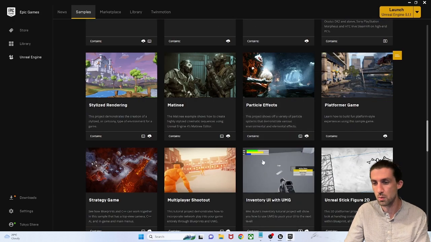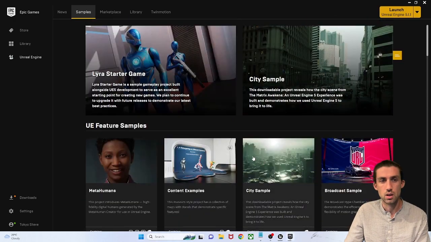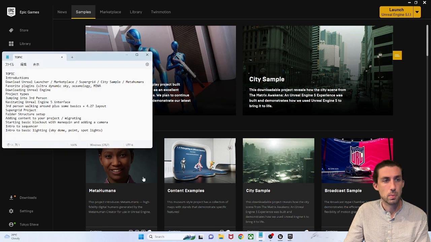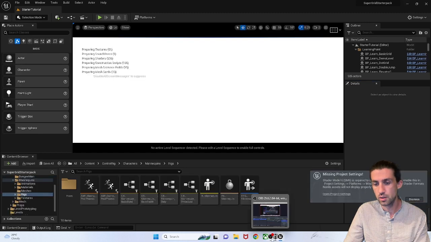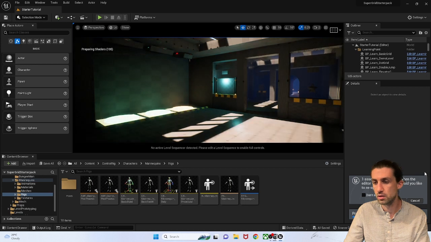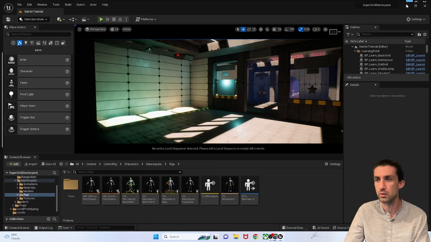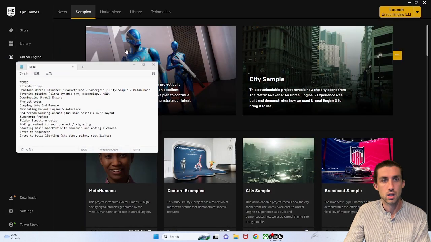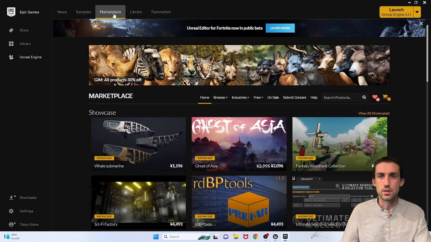Unreal has a lot of options here for you just to get started. So yeah, I'm also going to go into the marketplace. I have one project also loading up here, so don't mind this. This is the Supergrid pack level that we're going to go into a little bit later. So here in the marketplace,